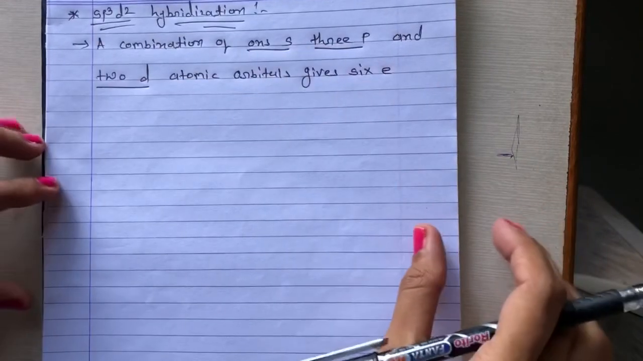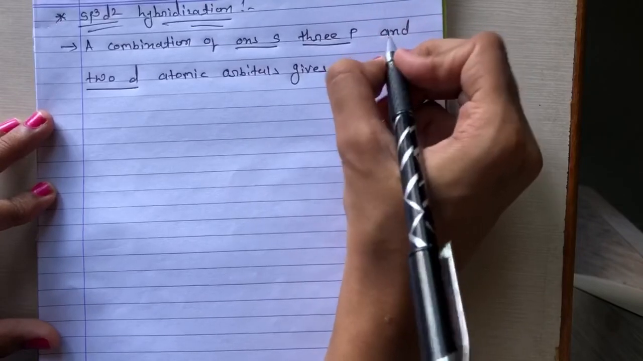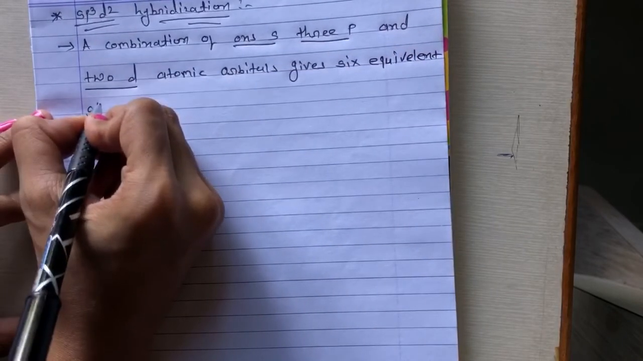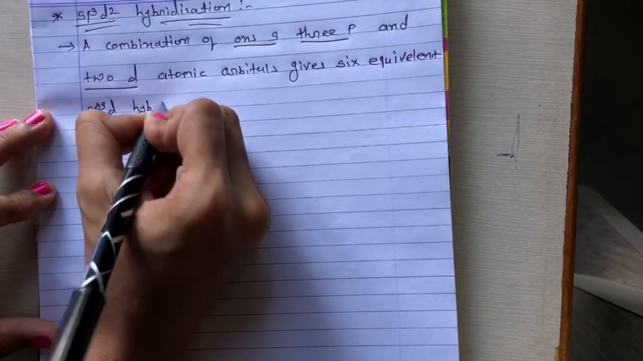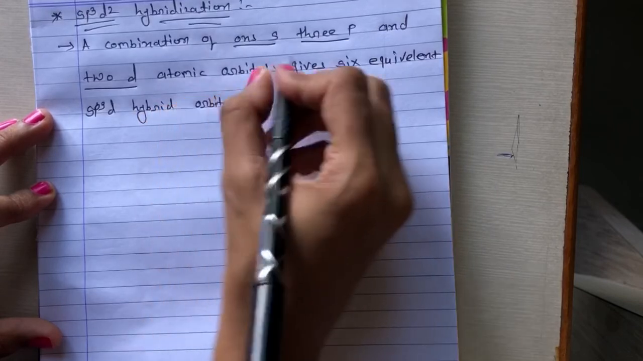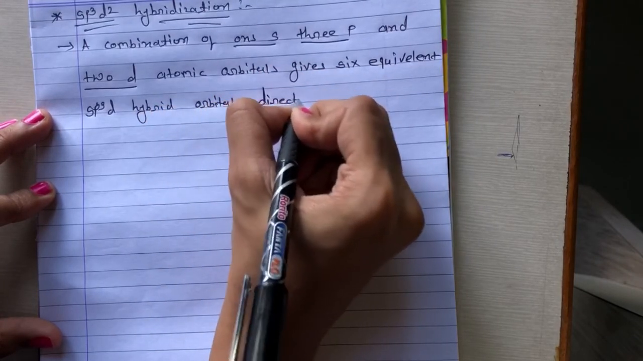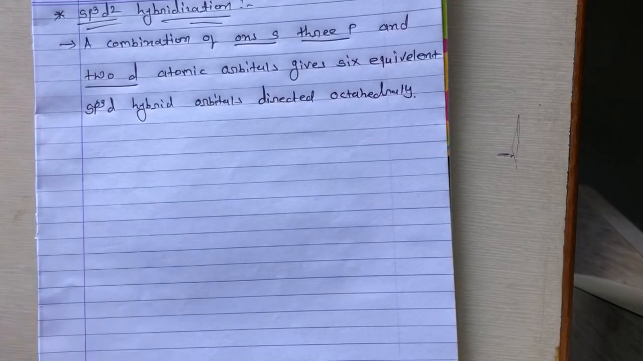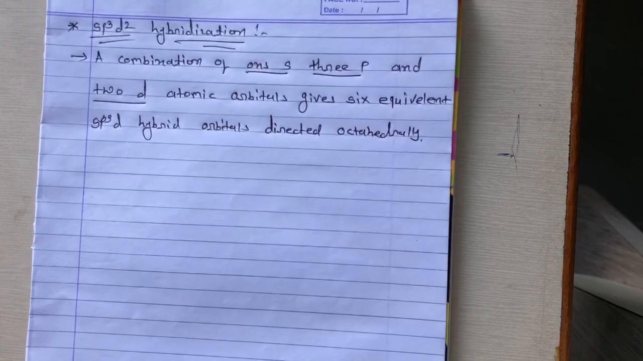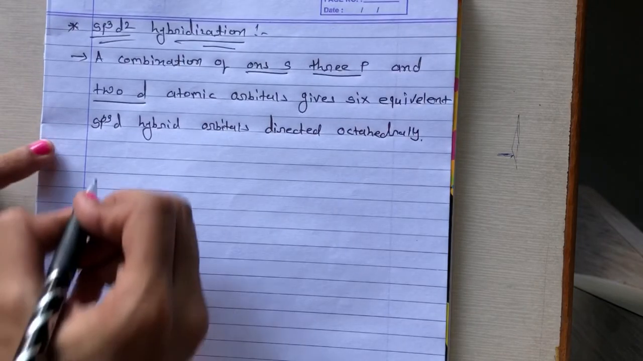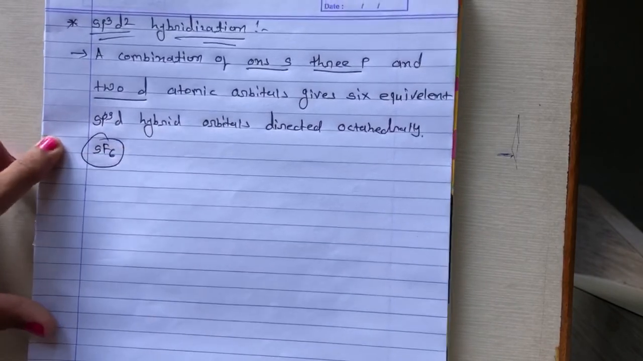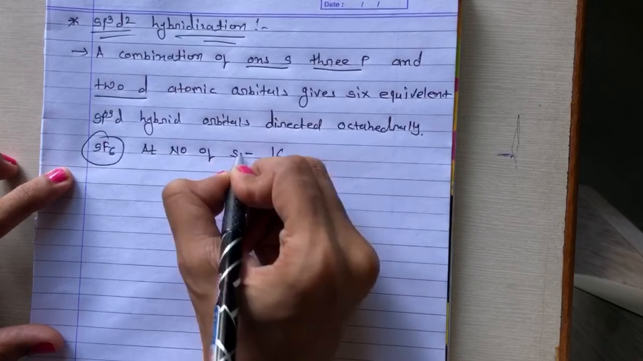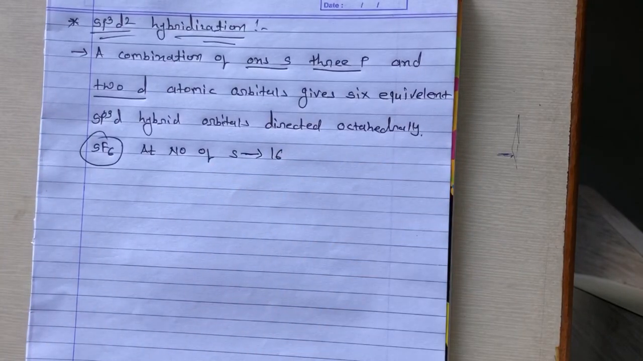Six equivalent sp3d2 hybrid orbitals are directed octahedrally. The shape આનો કેવો હશે? Octahedral, right? We have an example of SF6. Atomic number of sulfur is 16, right? And the outer electronic configuration of the central atom in the ground state is